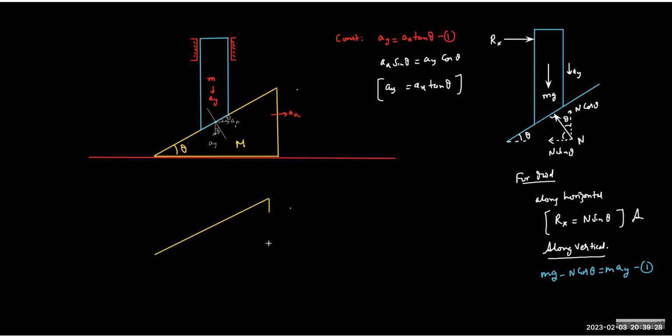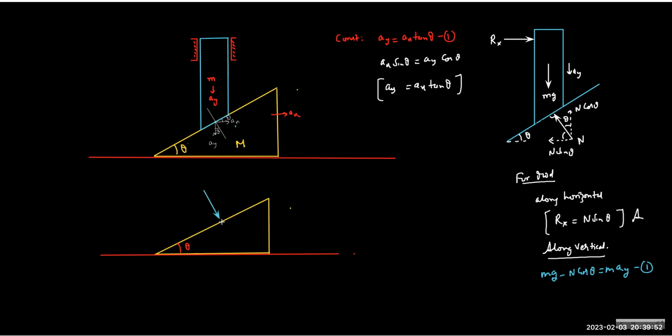So draw the wedge part. Generally, there are many forces acting on the body, but as a beginner, write all forces, and you will realize that the useful forces are those which can create the acceleration. So we do not draw the forces which are of no use. So here, if I add the forces,